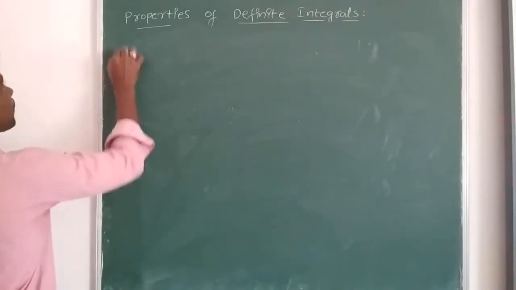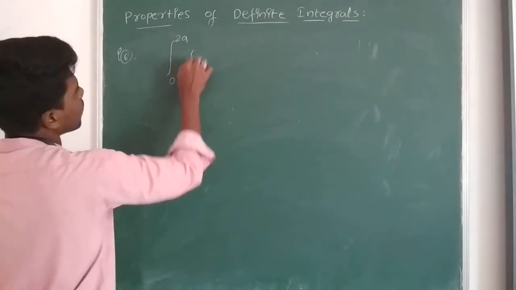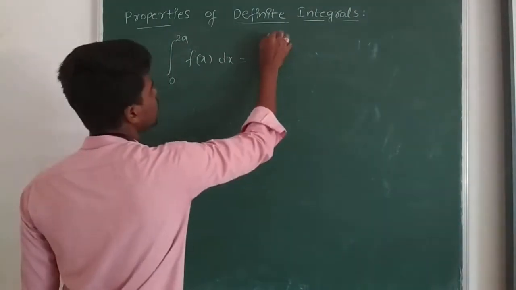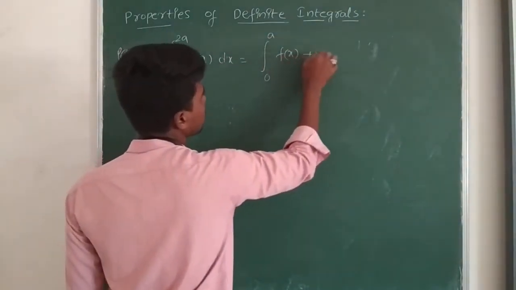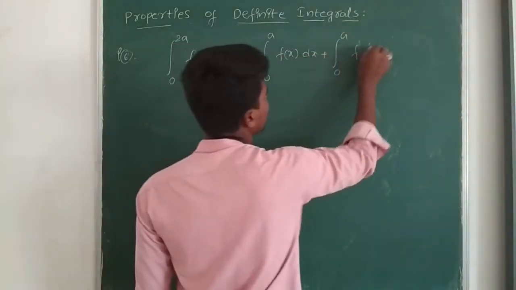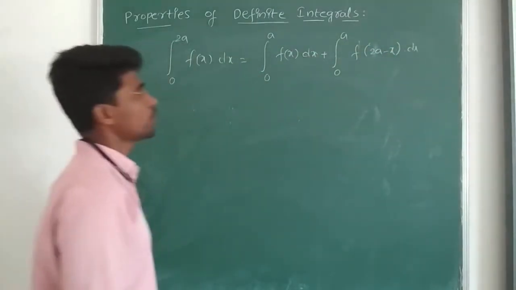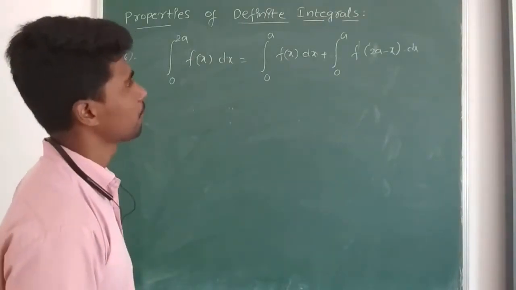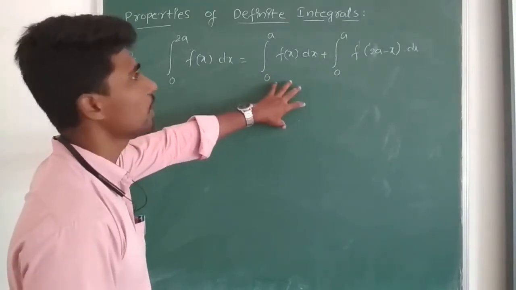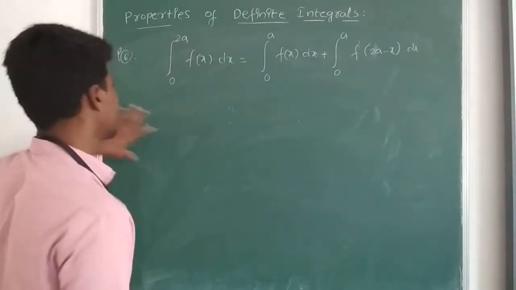Property number 6: integral 0 to 2a f of x dx is equal to integral 0 to a f of x dx plus integral 0 to a f of 2a minus x dx. So before going to derive this, we use property number 3. So integral 0 to 2a f of x dx can be written as